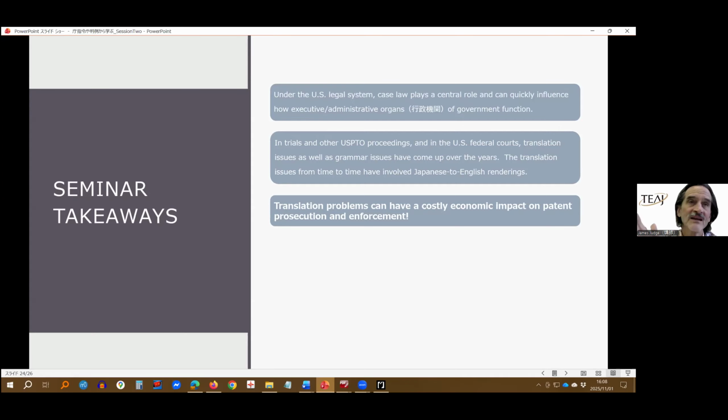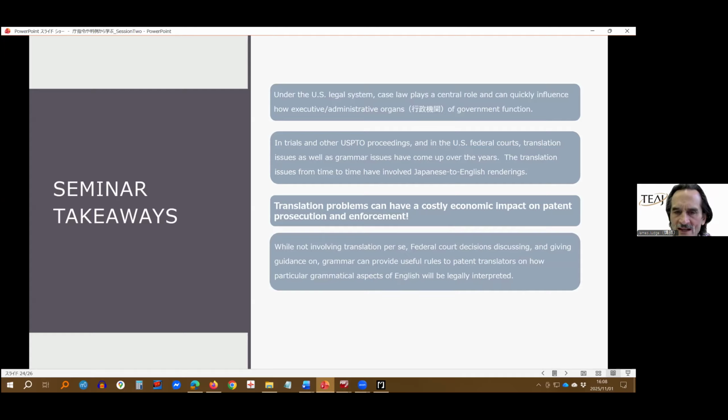But if not, at least we know, like in the Murata cases, or in Daifuku versus, well, no, that was okay. They didn't lose money because of the translation problem there. But mostly I'm talking about the ex parte Miyazaki case.